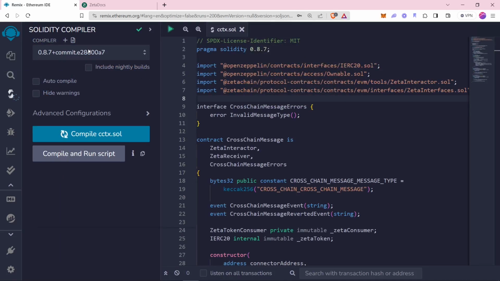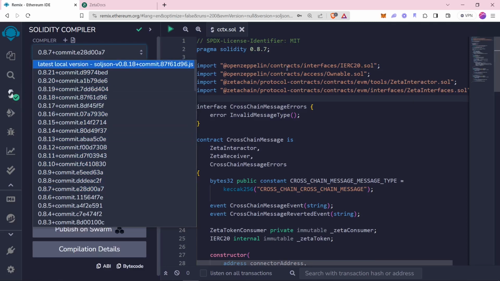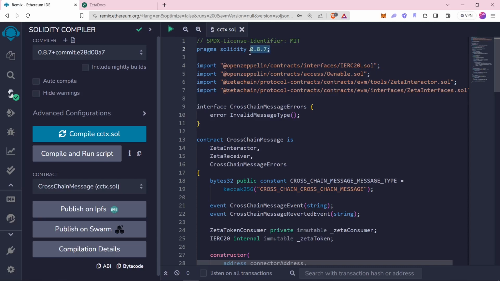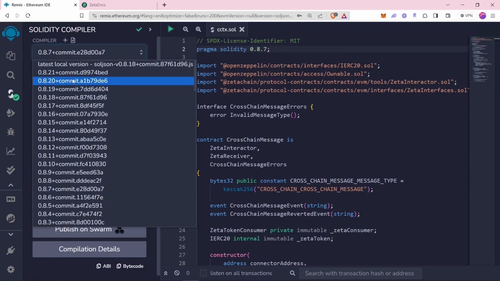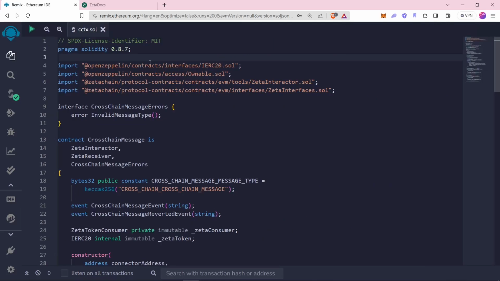So you will have to select compiler version as 0.8.7 coming up to here, okay. Because we are using 0.8.7 up right here, by default it will be selected to 0.8.18, okay, and we'll come up right here. So this is a basic version which you can see, 0.8.7, along with license specifier which we have specified, MIT. This is directly from our documentation, and we have imported IERC20 interface along with the ownable interface